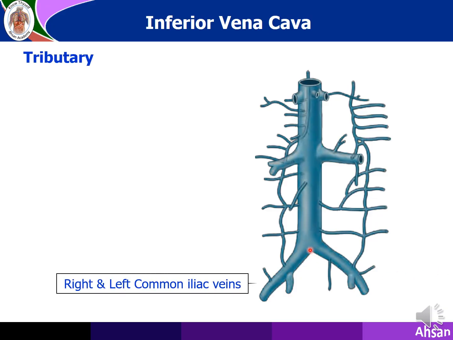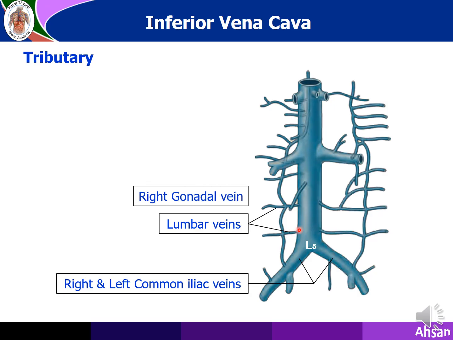You see this is the area of formation. So it is formed by the right and left common iliac veins in front of lumbar 5. So this is the tributary that forms the vena cava. Now it goes up and receives a series of lumbar veins. And this is not the same as the artery because the side variation is there, and all the four are not opening in pairs into the vena cava. And right and left have some variation.